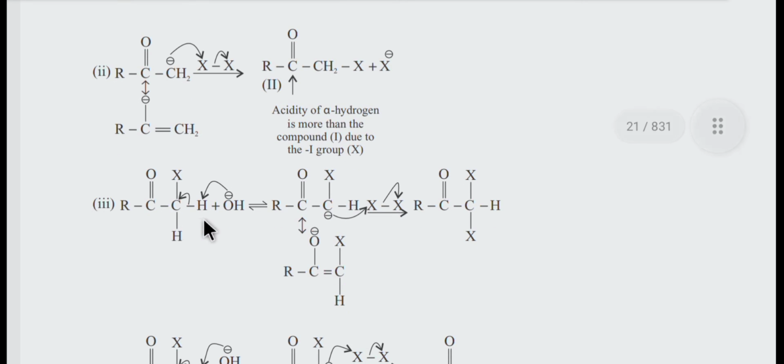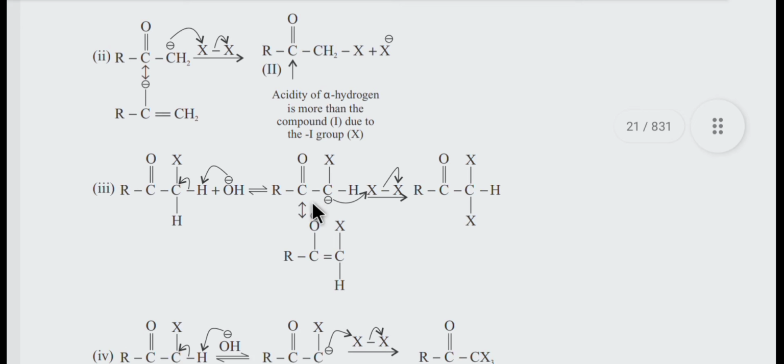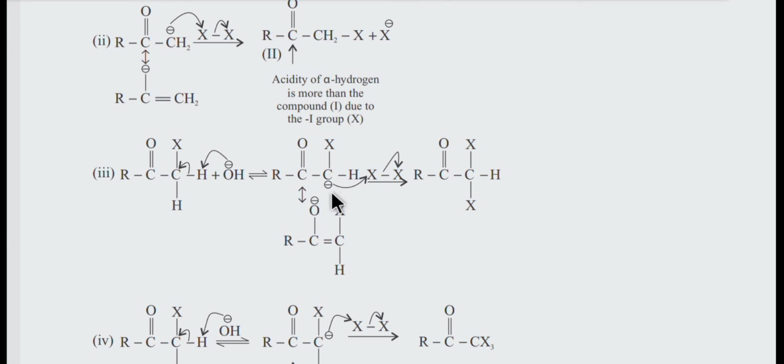So in the next steps, once again similarly, another proton will be abstracted, that is the X that was produced here. Once another proton is abstracted in the presence of base, the same process will occur as before in step 1, and produce another halide structure. Once again it produces a carbanion, and this carbanion will again attack on a halide ion or halide molecule, and produce another stable, less acidic compound, less acidic as compared to this compound and the compound that was initially used.